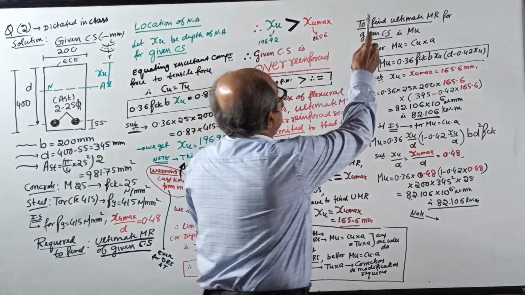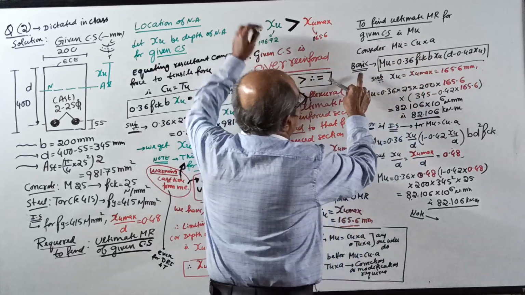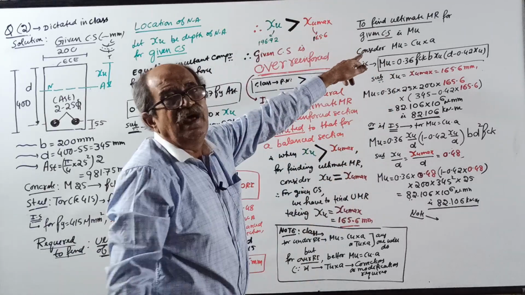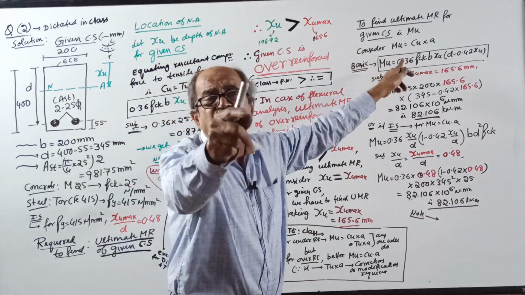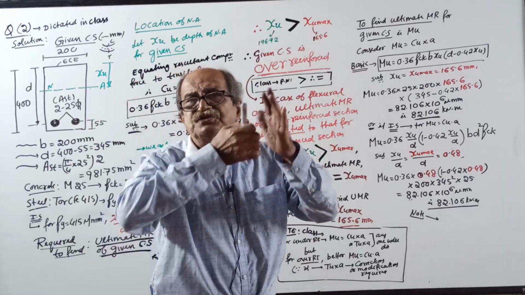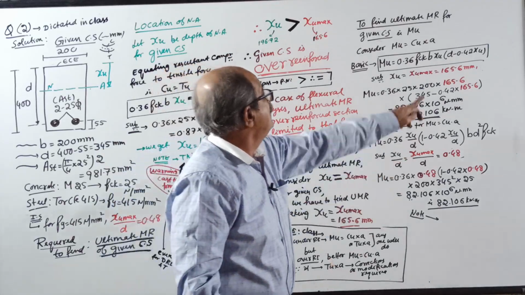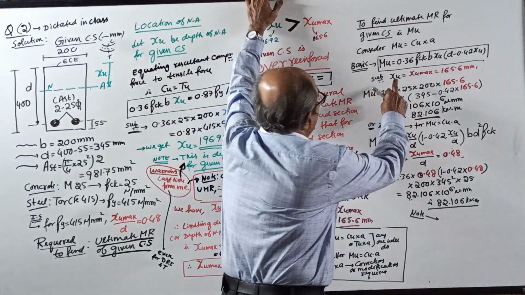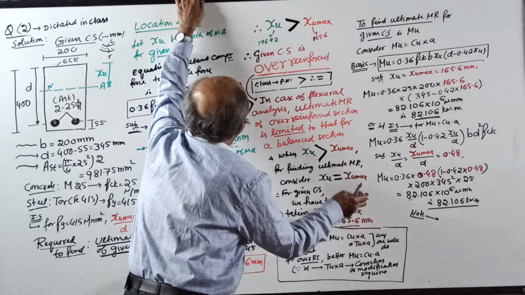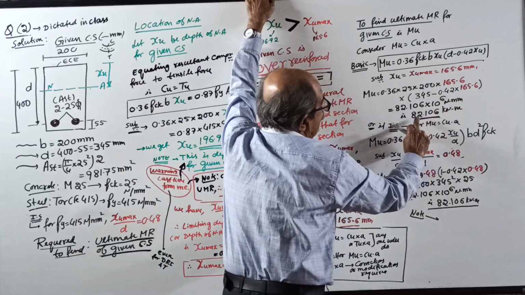Start. To find the ultimate MR for the given cross section, MU equal to CU into A. Basic equation, this I told you last time: 0.36 FCK into B into XU is the force, into D minus 0.42 XU is the lever arm. But remember, already decided, substitute XU equal to XU max. Do not use this value. Okay, substitute. I use red color. Answer will come